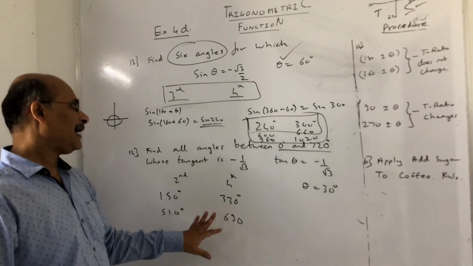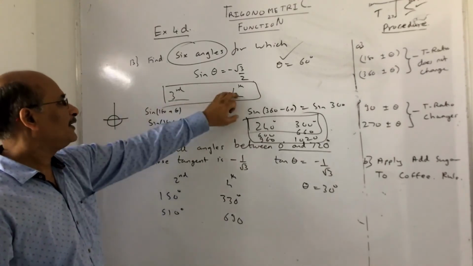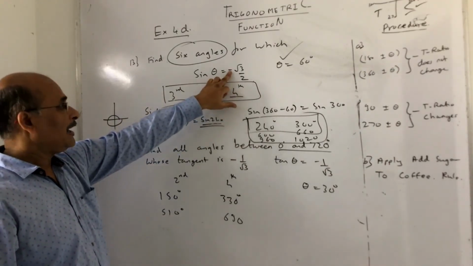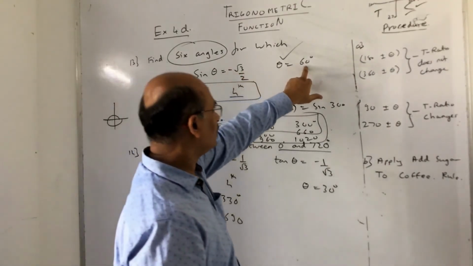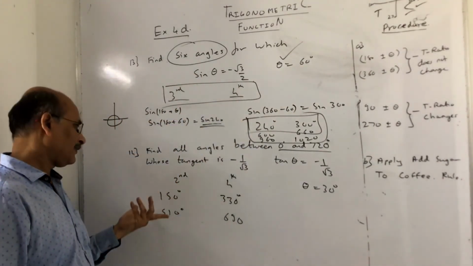So you will just write the angles. Here also you want to show all this working. What I am sharing with you is to identify the quadrant based on the sign, then see what the standard angle is, for example 60 degrees, then use 180 plus or minus, or 360 plus or minus theta, whatever they are asking.